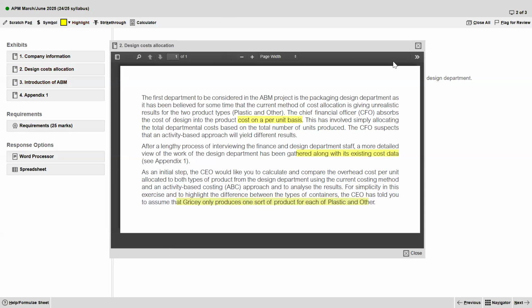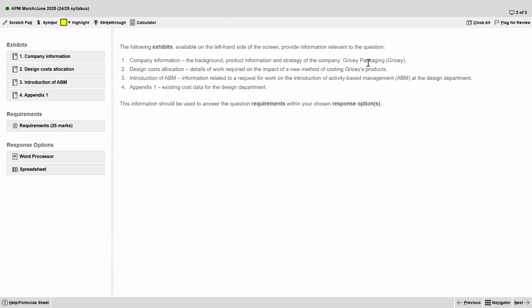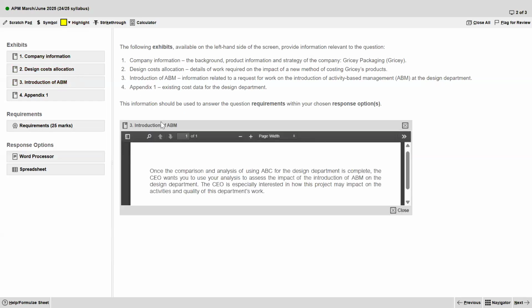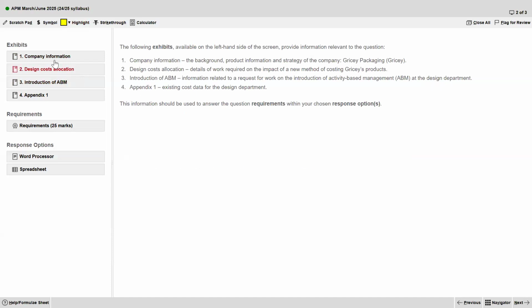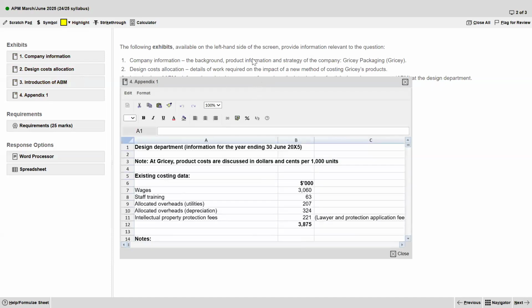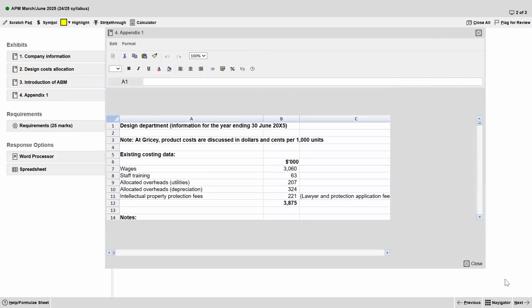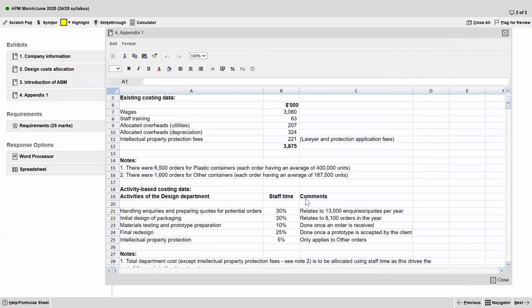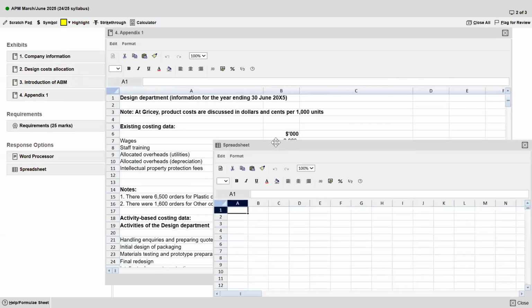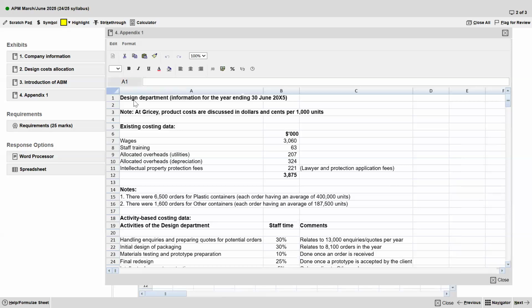So basically, you have to do the calculation using the current costing and you have to do the calculation using activity-based costing. Now, let's talk about Appendix 1. What I could possibly do is that